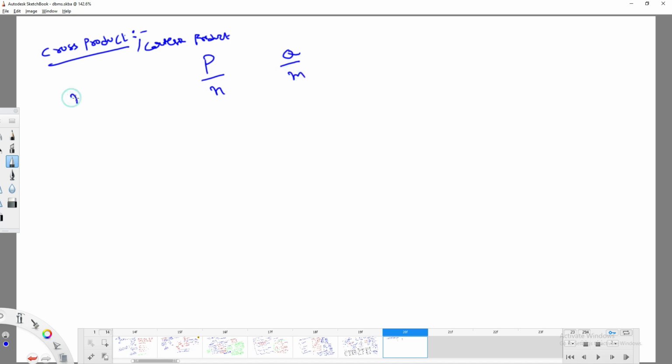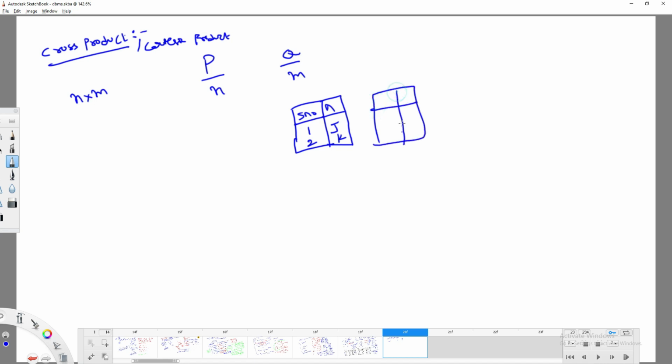Right? Cartesian product is meant for what? Take one table with serial number and name: 1 JK, 2 K. And here another with employee ID and salary. Employee ID is 101, 102, salary is 10 and 11, you should not confuse.